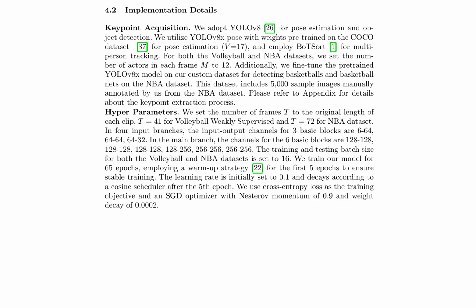The authors adopt YOLOv8 for pose estimation and object detection, fine-tuning the pre-trained model on a custom dataset for detecting basketballs and basketball nets on the NBA dataset. They set the number of actors in each frame to 12 and the number of frames to the original length of each clip. The training and testing batch size is set to 16,